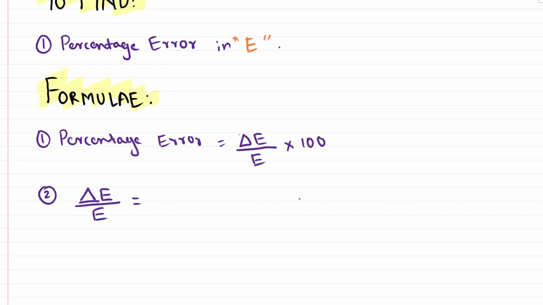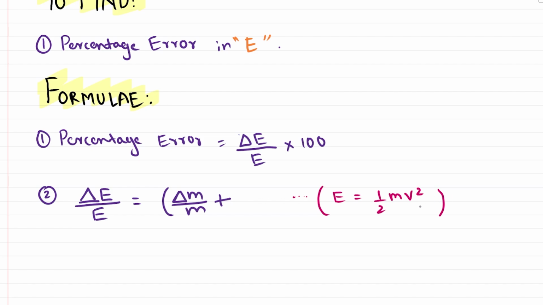So since our kinetic energy formula is kinetic energy equal to half of mv square, in this particular equation this half is constant and it does not have any error. So the only errors possible are in m and v square. So relative error for m is given as delta of m upon m. This is the absolute error in m divided by the mean value of m, and we are adding,